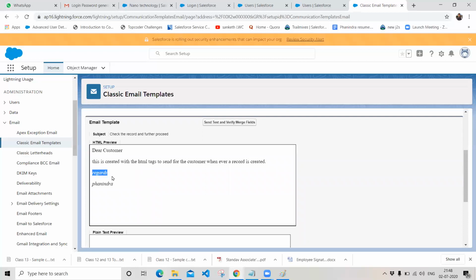Since we have defined italics for our records, all the records and the name are coming in italic format, whereas the dear customer is in a header format, where you can see the size of the dear customer is comparatively more than the normal paragraph.